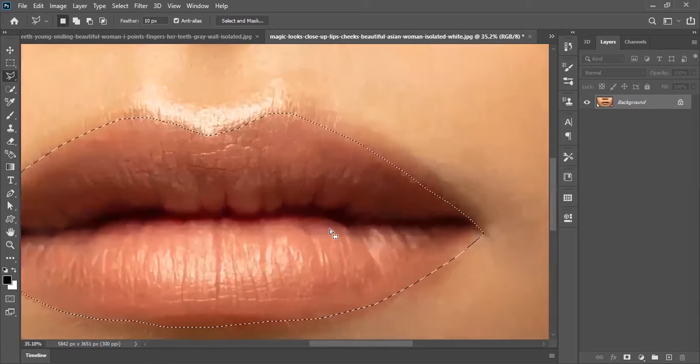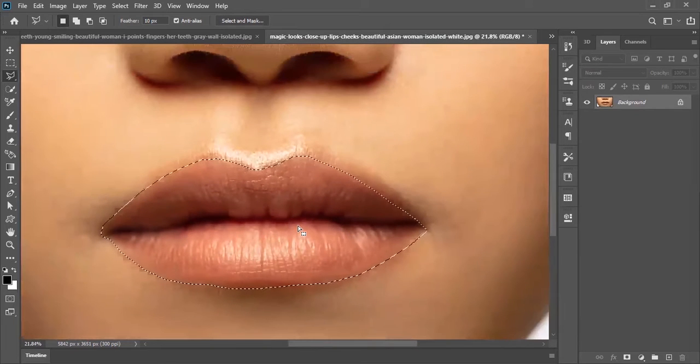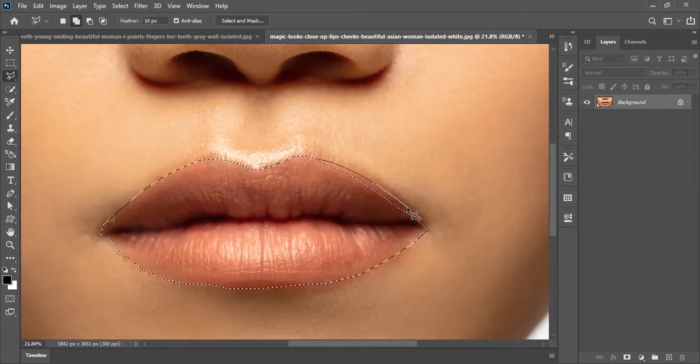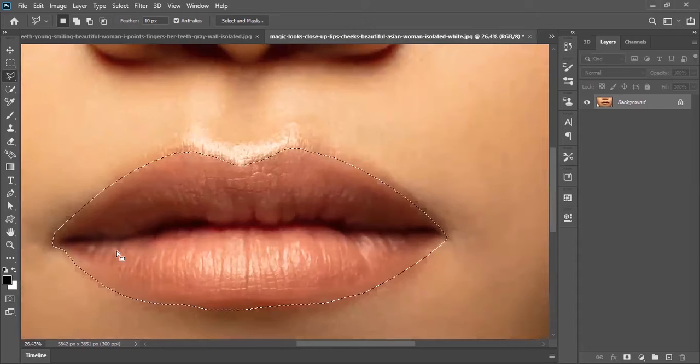All right, now I'm done with my selection. Make sure your selection is quite accurate, because it will make it look more realistic when you are done. So after you've made your selection,